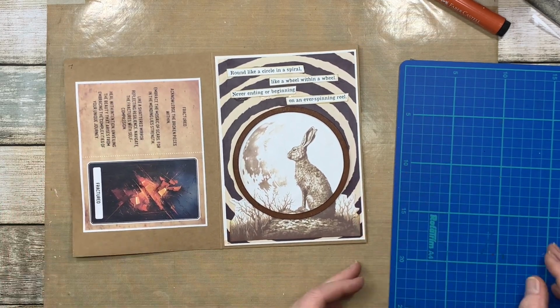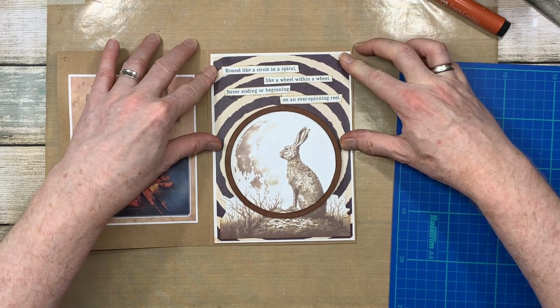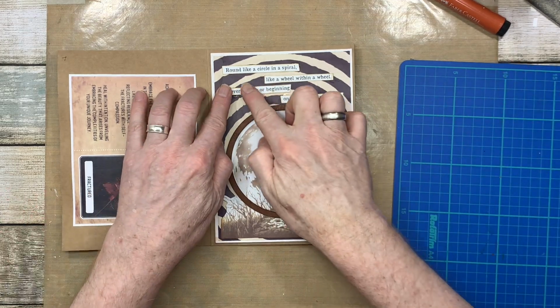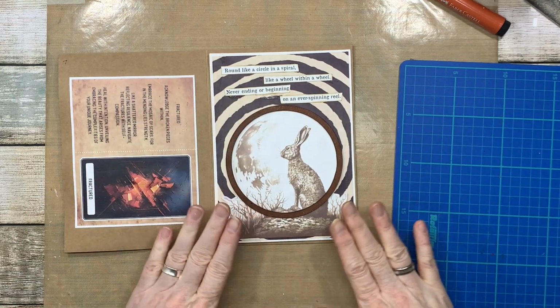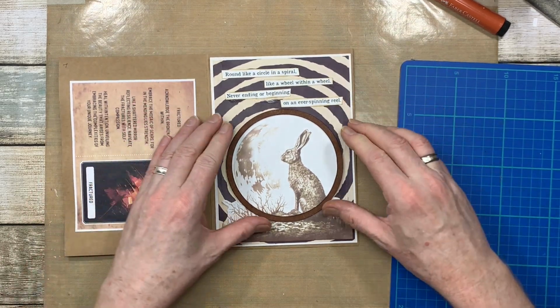Fabulous. There you go. So that is for week 13 for Mission Inspiration 2024. And like I said, the prompt is cyclical. Round like a circle, like a circle in a spiral, like a wheel within a wheel. We've actually got a circle within a spiral. There you go, you see. Never ending or beginning on an ever spinning reel. There you go. The cycle of life, the cycle of the universe, the turn of the earth, the spin of the moon,